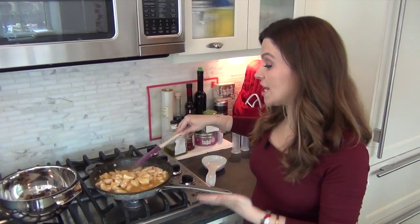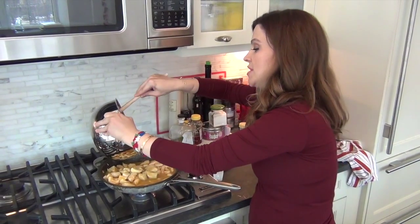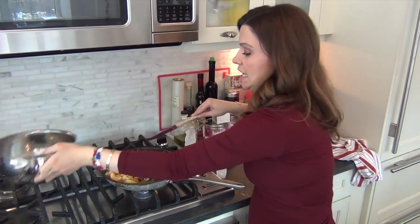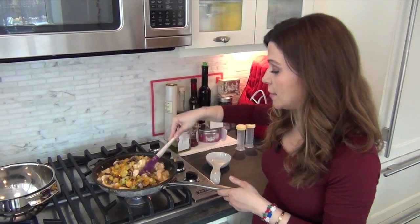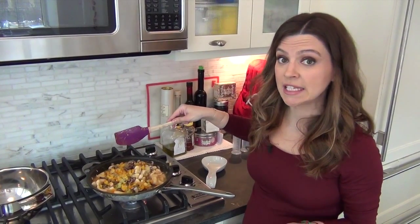As you can see, the sauce is thickening, so now it's time to reintroduce all the vegetables into the pan. So all the flavors are going to be perfectly mixed together. In the meantime, I also preheat my oven at about 375 degrees